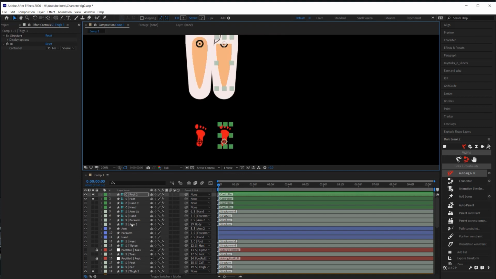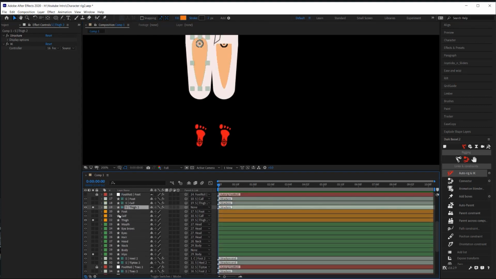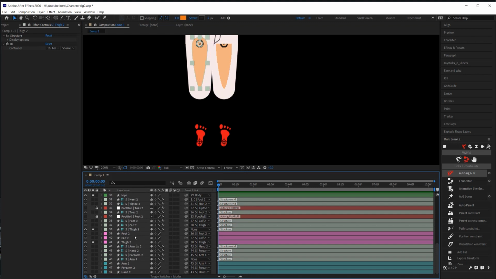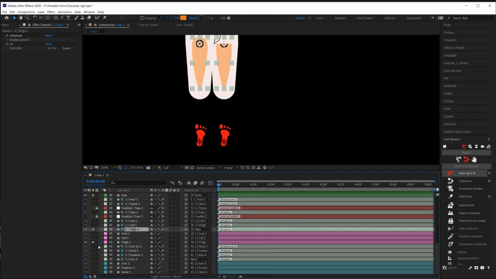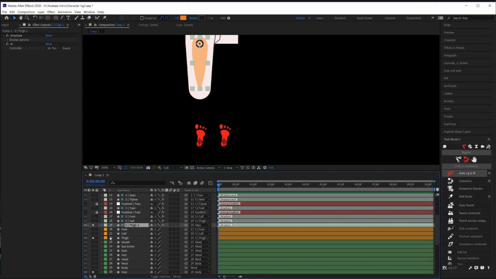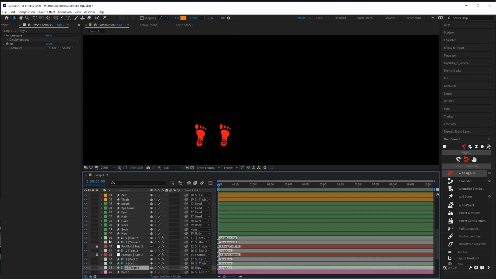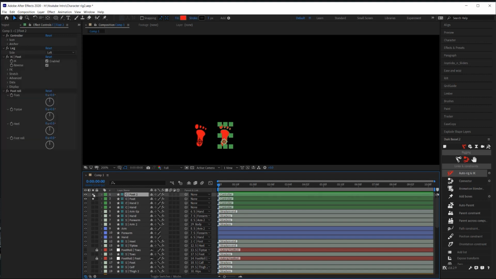Now, the last thing I need to do is I'm going to select both the thigh structure layers and I'm going to parent them to the hips. So now when I turn everything back on,